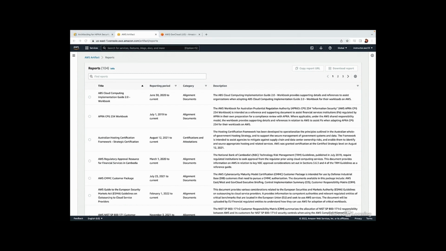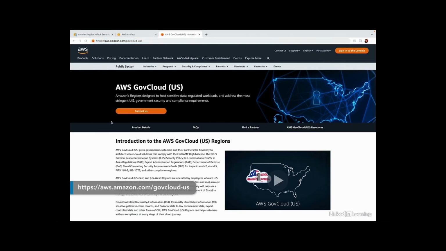Of course, some regulatory frameworks are stricter than others. If you're a government or higher ed institution subject to ITAR, FedRAMP, or SRG, you may want to look at GovCloud. To find out more, we'll go to aws.amazon.com/govcloudus. GovCloud is an entirely distinct region of AWS that is in many ways identical to other regions like Virginia's US East 1,